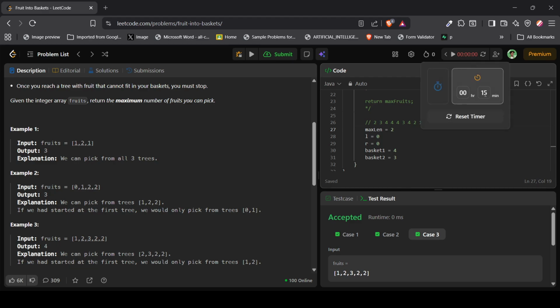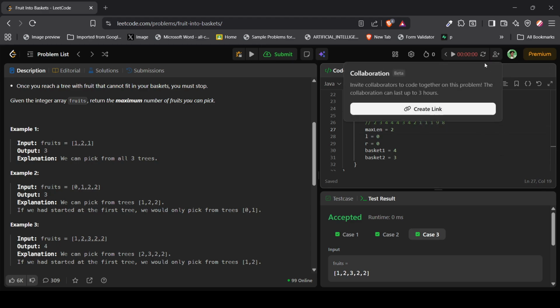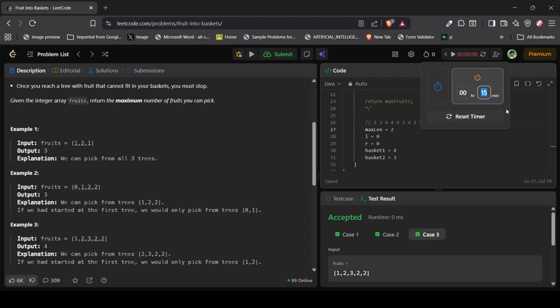So we also don't have much time here. Let's give 10 minutes. If we can figure it out in 10 minutes, then it is good, because I also have other things to do. We cannot